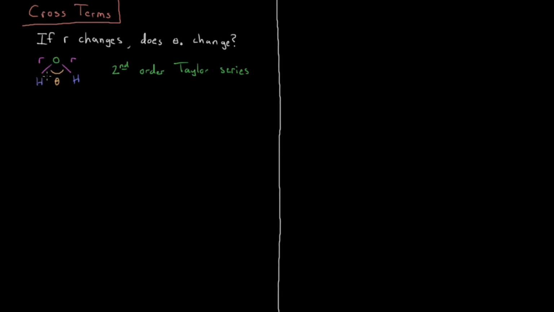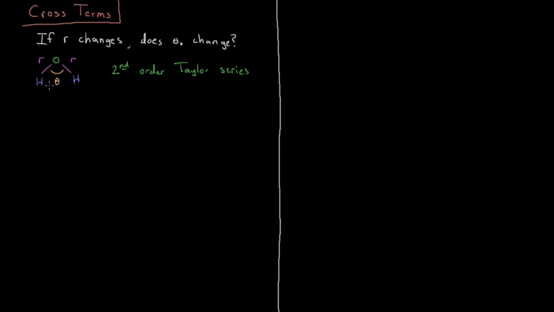So let's look at a water molecule here. We have 3 atoms, HOH. We have 2 bonds, each of them at the same bond distance of r, and we have 1 bond angle, the HOH bond angle of theta. So we've been assuming that the energy of this system would be the bond energy of each of these 2 bonds plus the angle energy of this angle, and those are each quadratic potentials around their minimum,